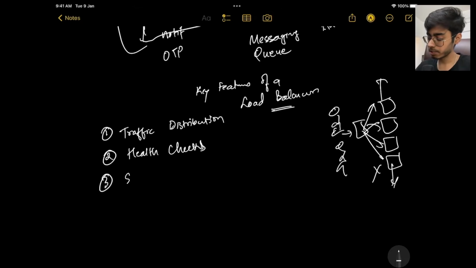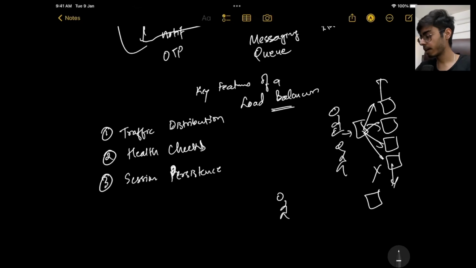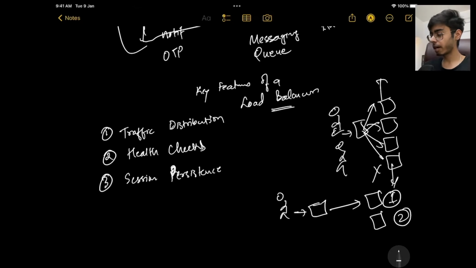Next is session persistence. This is a very important topic. What happens if I am a client, and we have 2 servers and a load balancer over here? Now, if my request went to server 1, then for that session, it should always go to server 1 for this client.